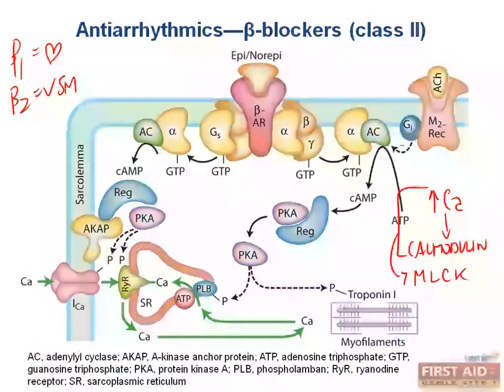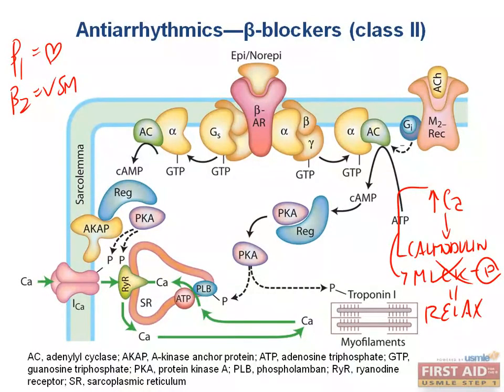So in the case of beta 2 adrenergic stimulation, we have increased cyclic AMP to liberate protein kinase A, and it will phosphorylate myosin light chain kinase. When myosin light chain kinase is phosphorylated, it is not able to facilitate the contractile process, and vascular smooth muscle cells will relax. And that is a very important understanding, because vascular smooth muscle cells are particularly prominent within the